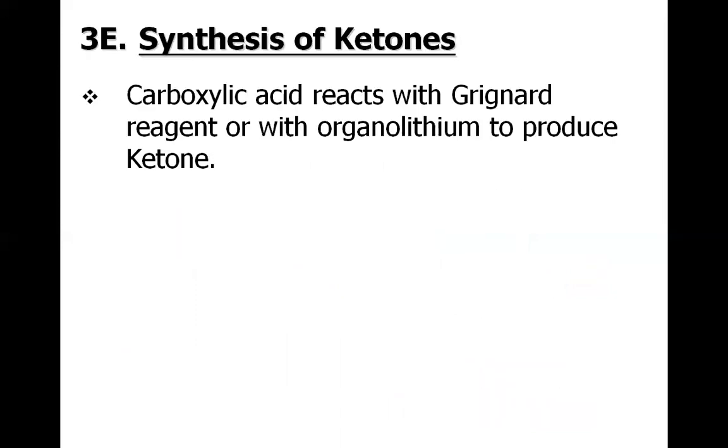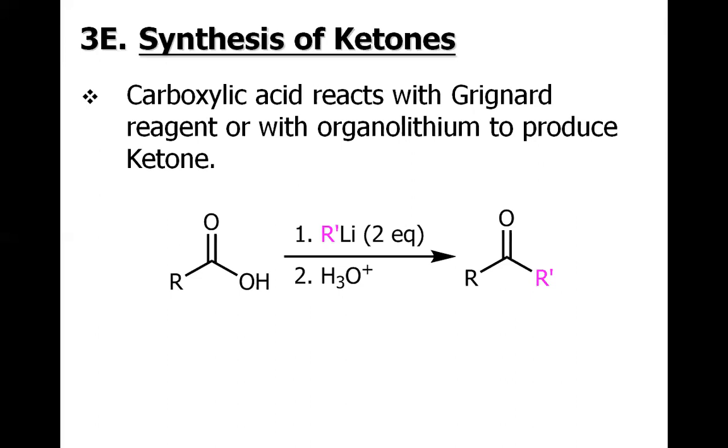So now let us discuss one more reaction of carboxylic acid, this time the synthesis of ketones from carboxylic acid. And you know, this happens when we treat the carboxylic acid with the Grignard reagent or with organolithium compounds. So here is the general reaction. You could see this carboxylic acid when treated with RLi or RMgX followed by acidic workup, we have the ketone. Here this R prime, whether it is from the organolithium or from the Grignard reagent, replaces this OH to have the ketone.